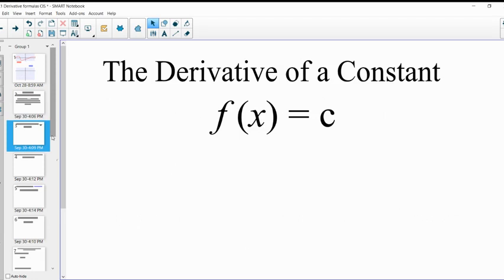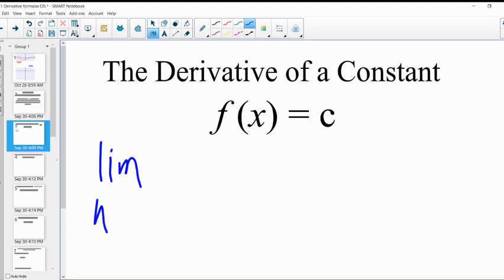So I am going to dive right in. The derivative of a constant. We know that a constant, f of x equals c, it's just a horizontal line. So the answer should be 0, but I thought this would be a good one for me to do to show you the way that I'm going to be going about this, and that is using the definition of a derivative that says,